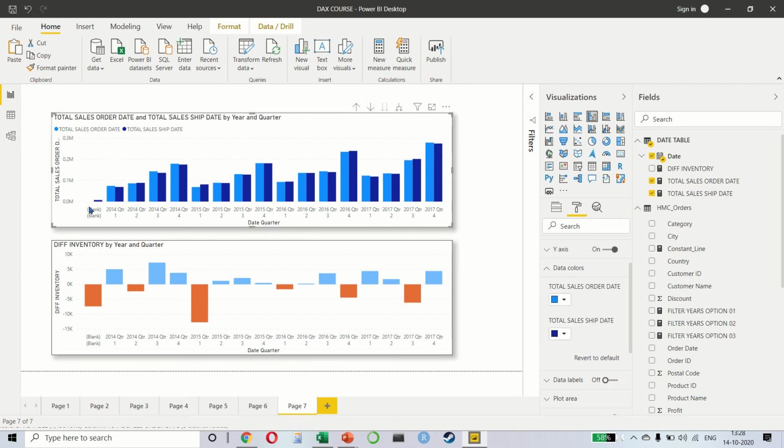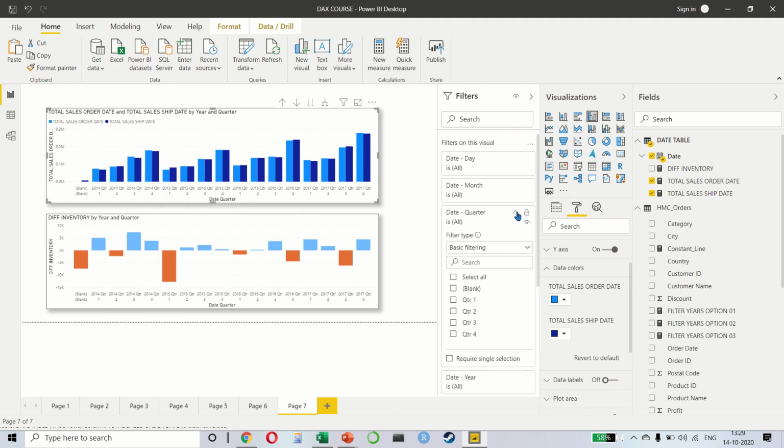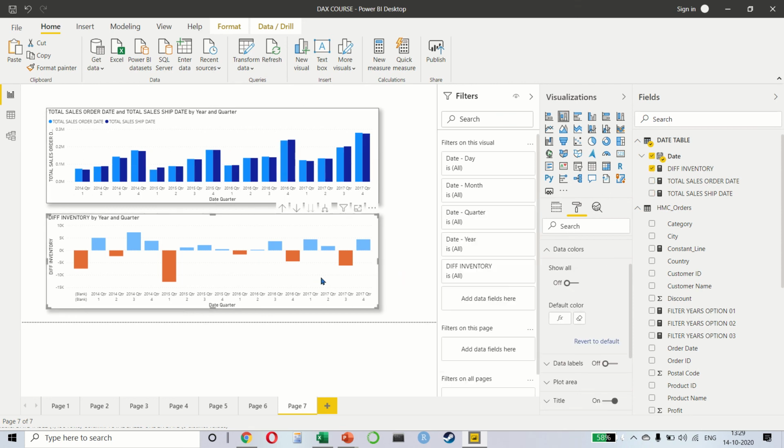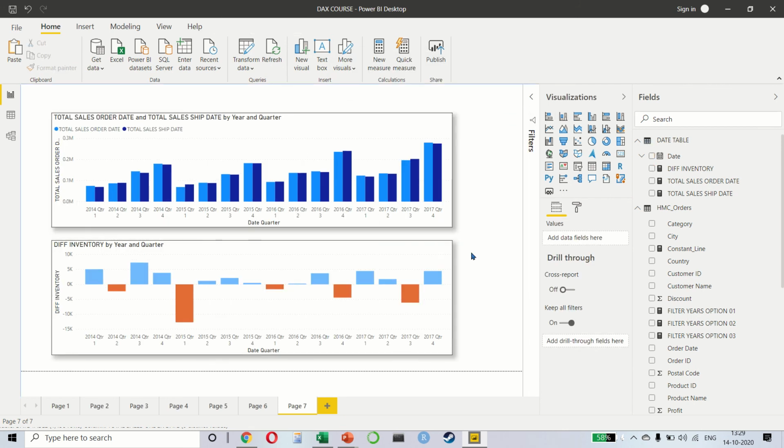If you want to hide this first blank that is coming, you can do that as well. So you can just go to Filter and make sure that right now, if you notice carefully, we are getting this small value here, right? And we don't really want to show that. So what we can do is, in my quarter, we can just make sure to remove this blank value. Same thing, in the filter, we will make sure to remove the blank value like this. And this gives you an excellent result where you can see the inventory, you can solve the inventory management problem.